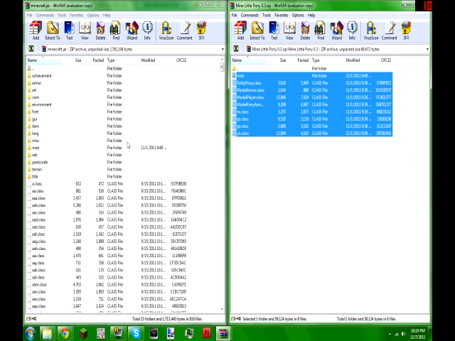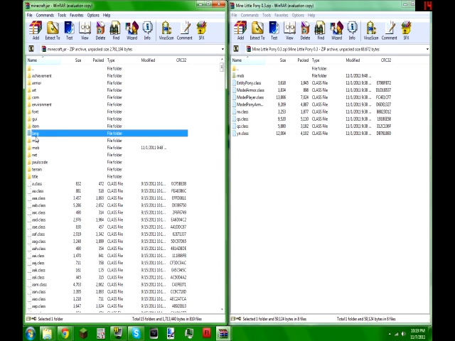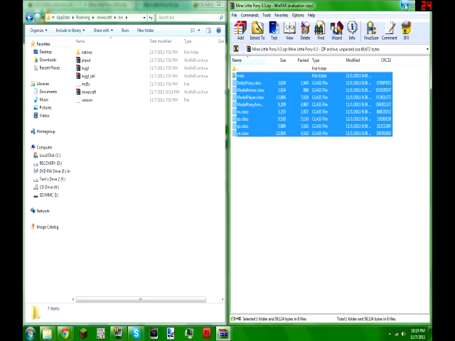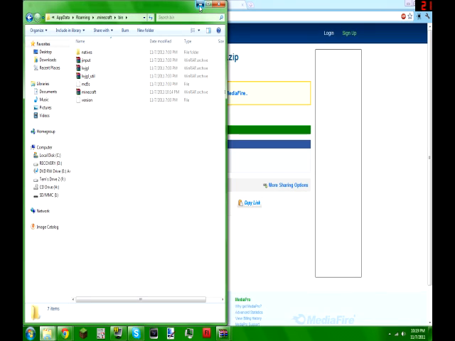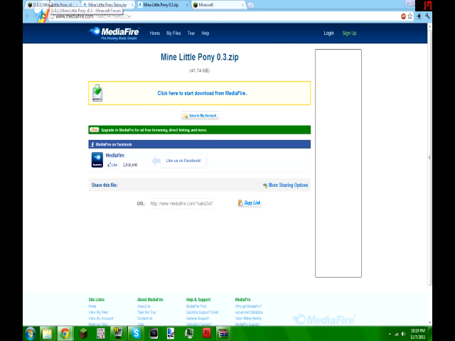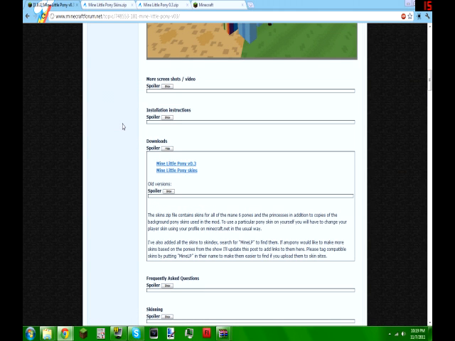Now, I've already done that, but there's one thing you're going to need to delete out of your Minecraft jar, and it'll be a little folder right in between these two saying META-INF. It'll be in all caps. Delete that, because without that, you'll just get a black screen. Or with that, you'll get a black screen. Then you're going to minimize all of this, and your My Little Pony is installed, but you don't have any